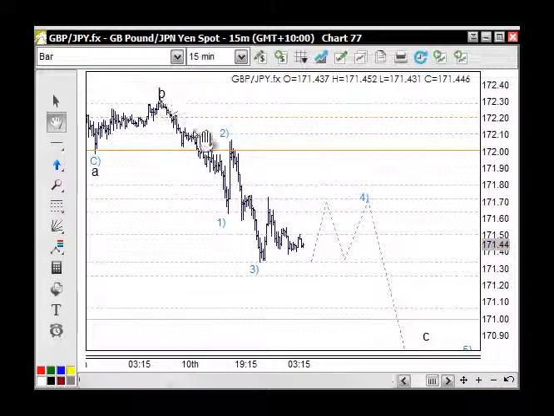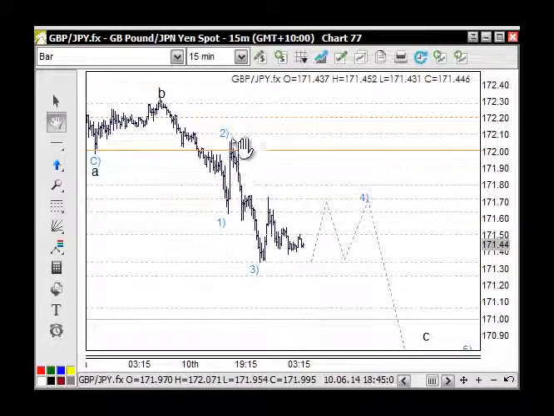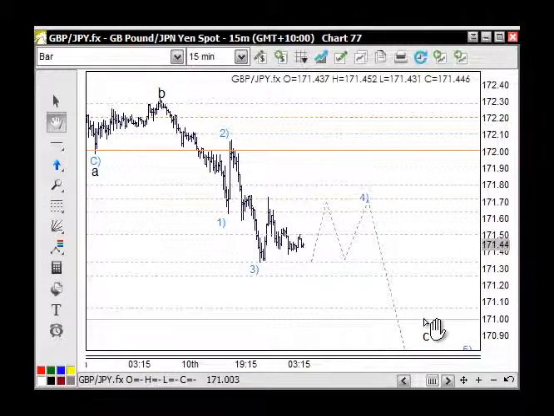here, and the C wave would be 5 waves down for 1, back for 2, sharp and swift, back for the 50-60% retracement level, and then 5 waves in this little move for wave 3 here. Wave 4, even though it overlaps wave 1, I'll stay with it for the time being, but basically looking for an A and a B and a C here, and then down here again. So we're still looking for one more little push up here. So an A, B and a C wave back up here somewhere, and then a move down into 171,